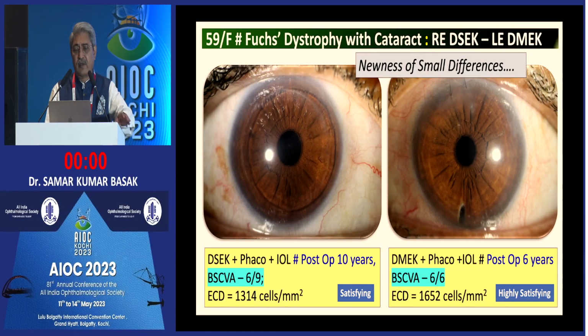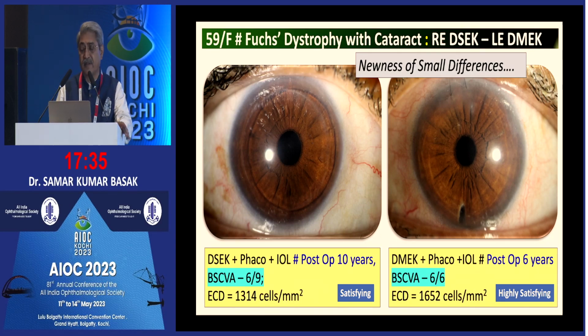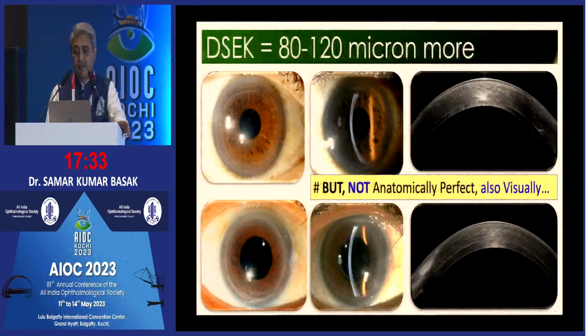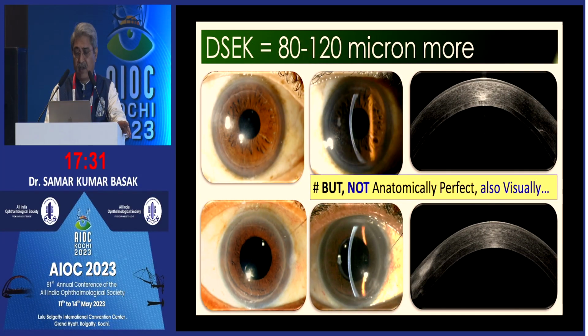So if you see these two pictures, there are differences but not much. On your right hand side you will see that it is a DMEK. On the left hand side it is DSEK of the same patient about 4 years apart. And you know that you will like the picture on the right hand side. Patient is happy, the surgeon is happy, vision 6:6. So when you see DSEK, it is always between,